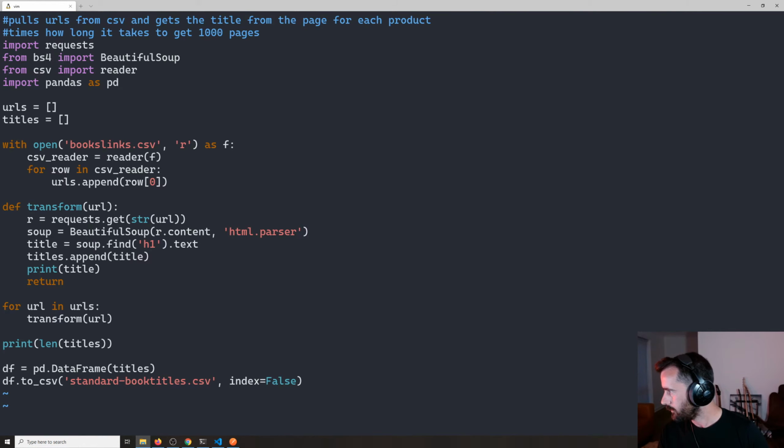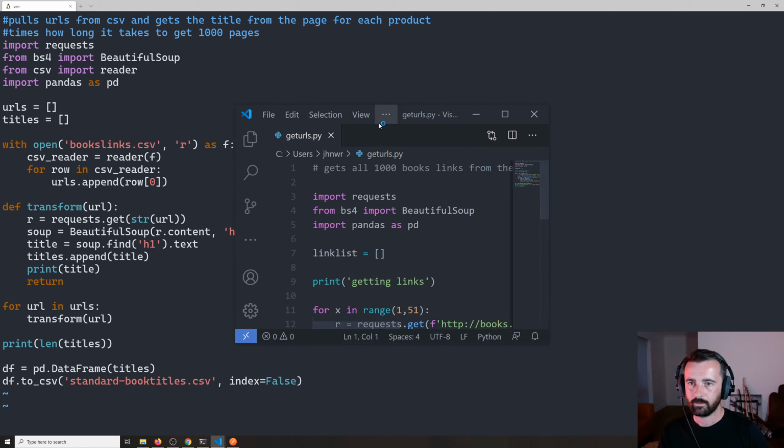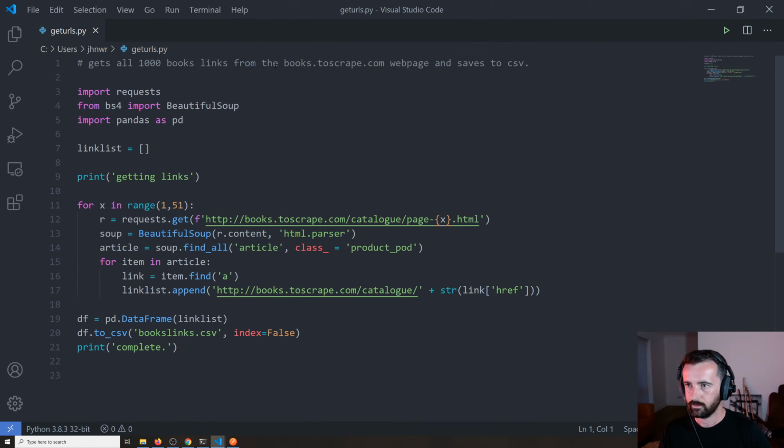Let me just double check this. Yeah, there we go. So this is what I did. Ignore that it's not working yet because I've loaded it in the wrong place. So all I did was I took the